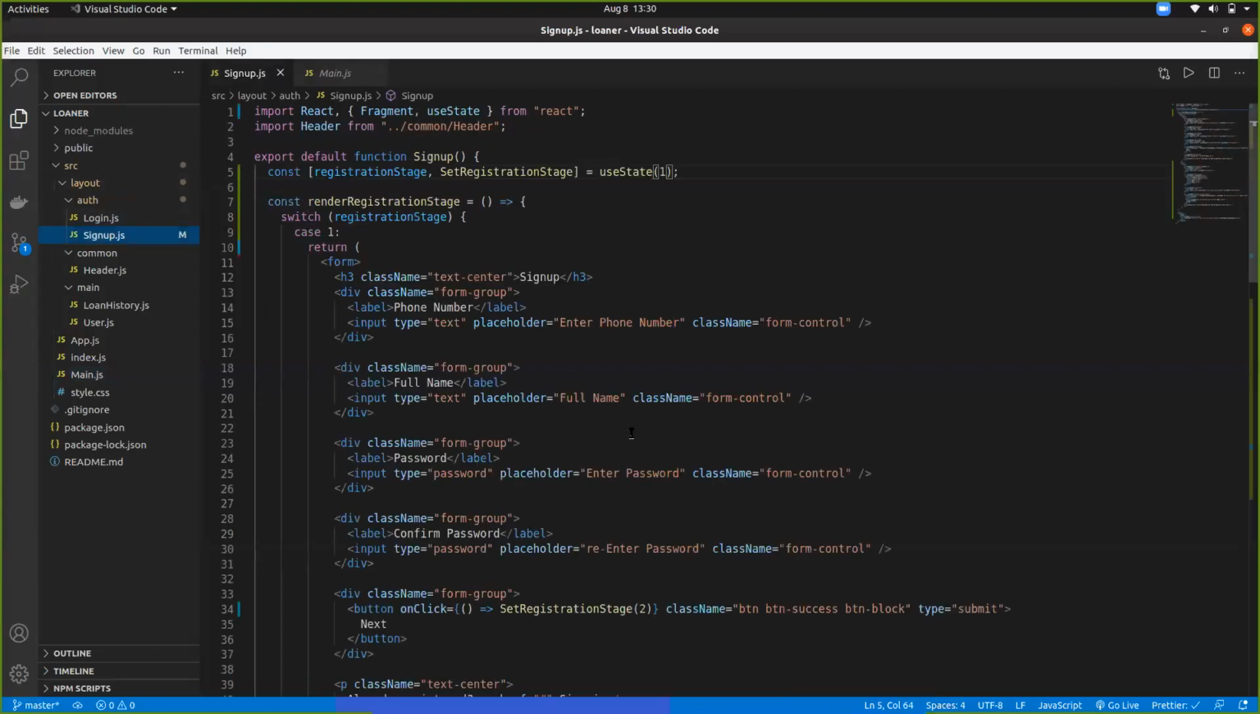Back to our signup.js. This part is really important. On line 5, what is happening? We created a variable called registrationStage. Then we created another variable called setRegistrationStage. All right, and both of them